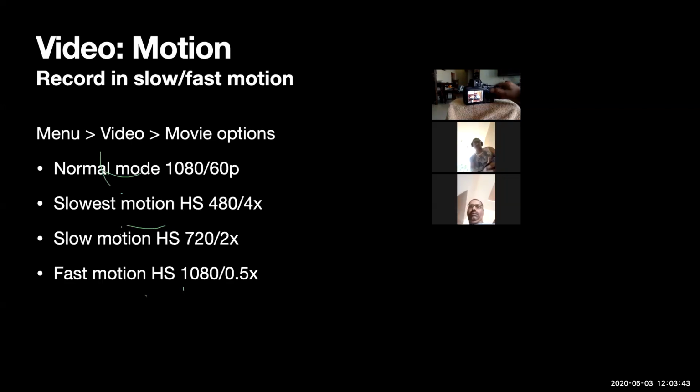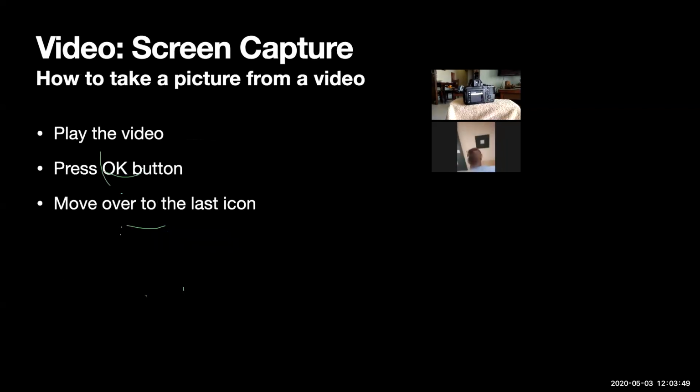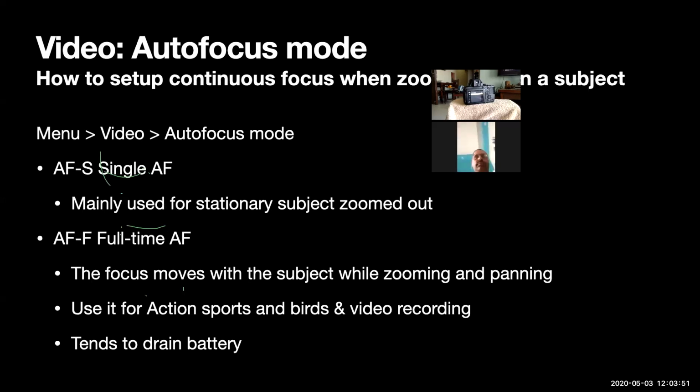So when you are in any mode, click on the menu option. Okay, I will go back to the slide, and I have given the menu options also. If you see your menu, go to the video icon and go to the autofocus mode. The top line you can see menu, arrow, video, arrow. So menu, right, come down to the video which is highlighted, and then you go to the right, and then the second option is the autofocus mode. Click on OK to apply, and here you have the single and the full frame autofocus.